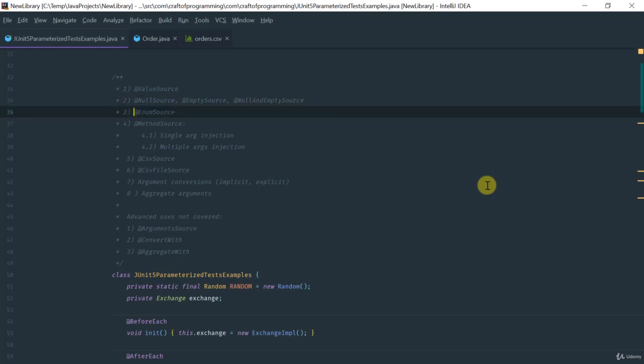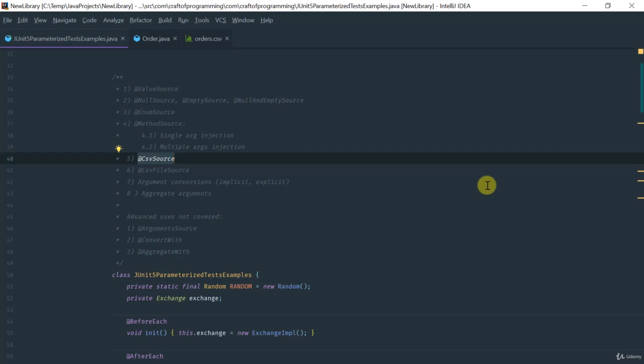We're going to cover the @EnumSource, which is used, as the name implies, to inject or pass in values to a test method that takes an enum. We're going to use the method source, which effectively, as you see, supports single and multiple argument injection via a factory method. Then we're going to cover CSV source, which, as the name implies, enables you to specify a list